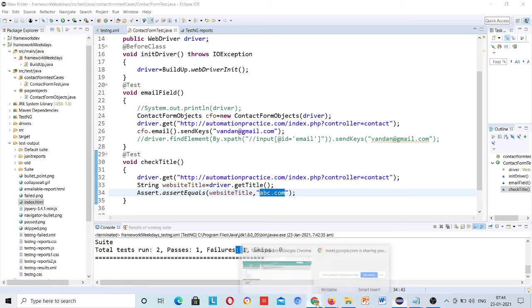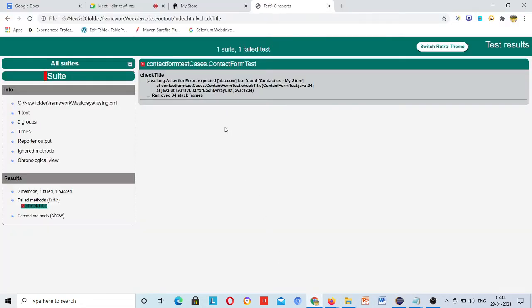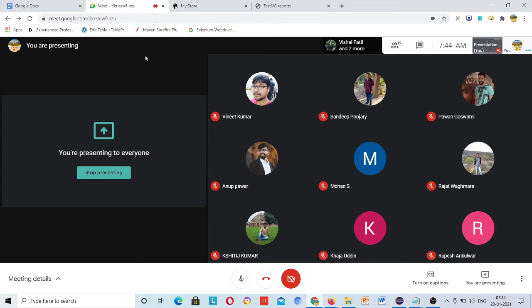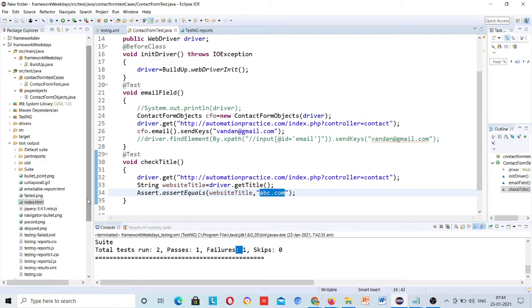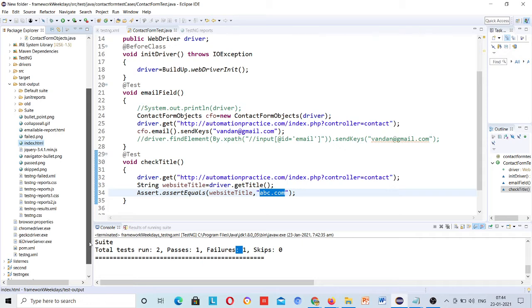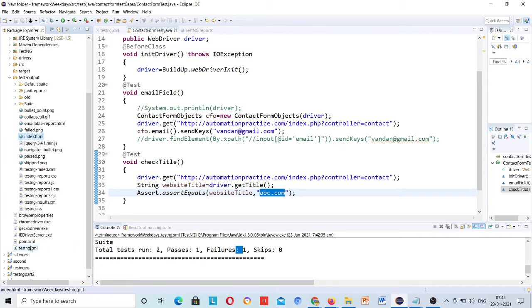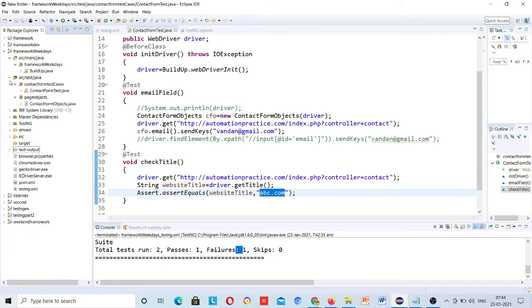Now my task is, once any test case fails, I have to capture a screenshot for that. First we should know how to integrate the listener, so that the listener can identify that this test case has failed. I have already discussed listeners separately in my TestNG section, so I will not explain them here, just integrate them. So first of all, let's copy the listeners.